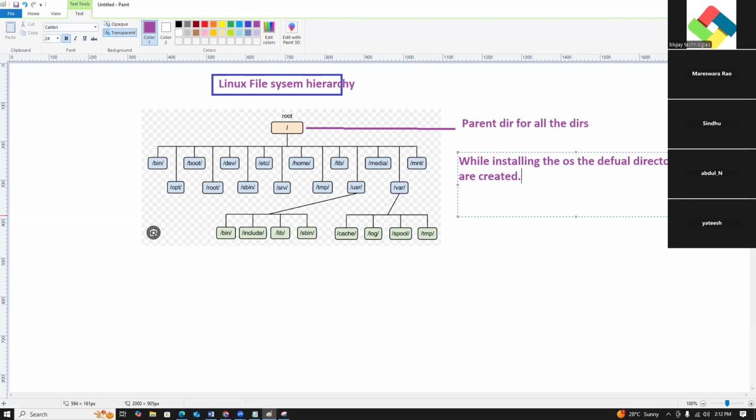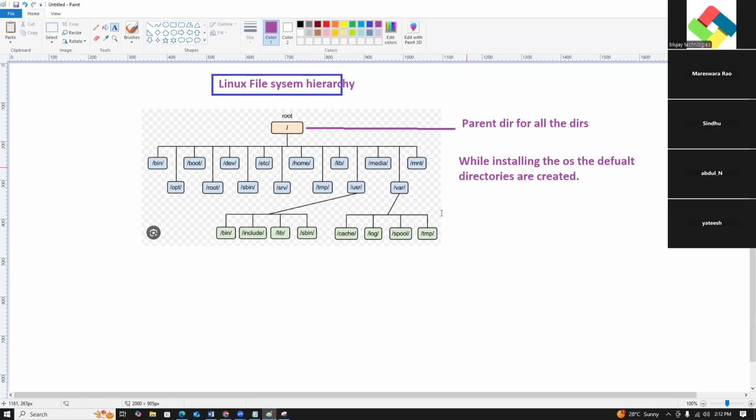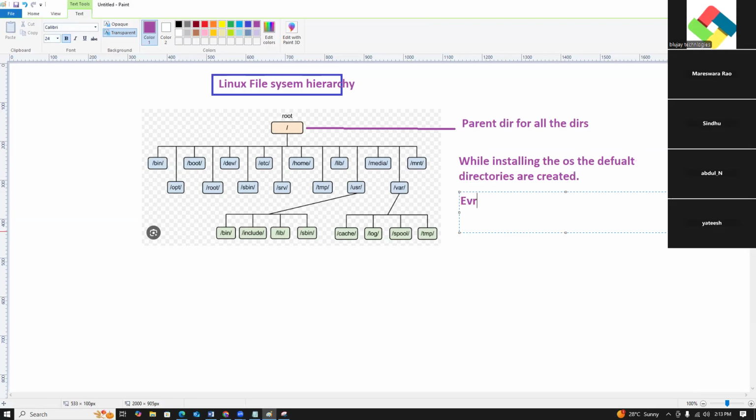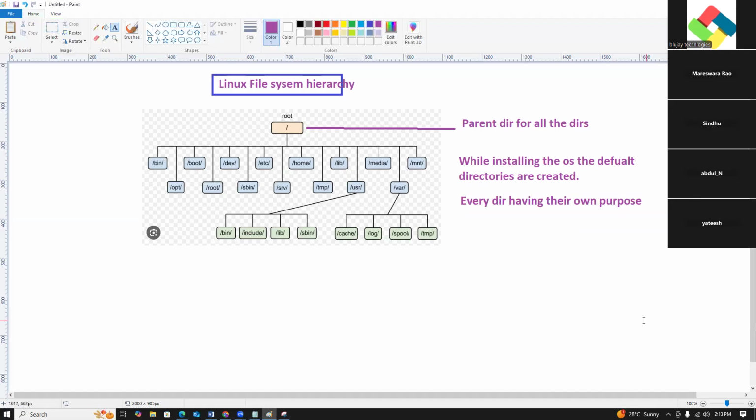So while installing the OS, the default directories are created. These are the directories, and every directory has its own purpose.